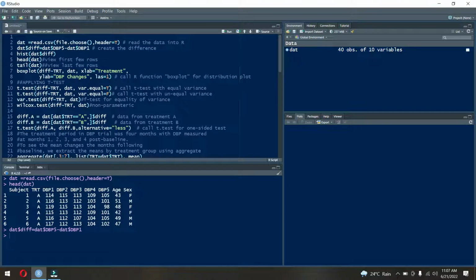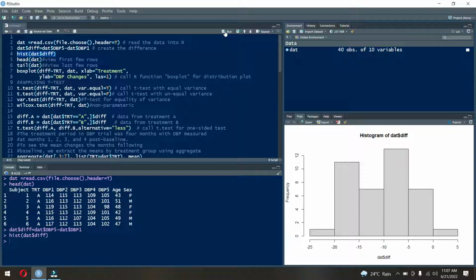And for checking the assumptions of the t-test, we just try a histogram. However, you can also make a probability plot, pp plot or qq plot, for checking the assumption of normality. This data is almost normal. If data is not normal, we assume large sample size and continue with the central limit theorem. So this is the histogram of difference, and this is nearly normal, not exactly normal,